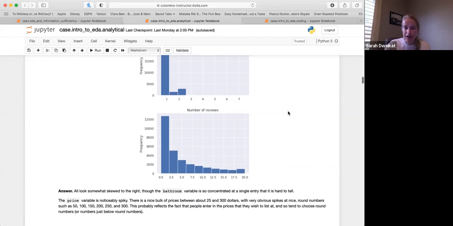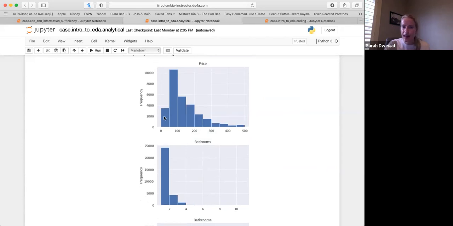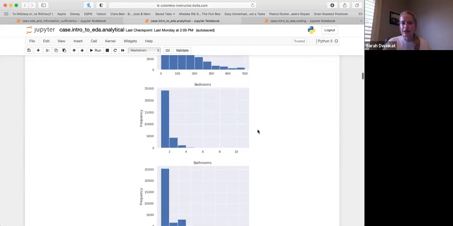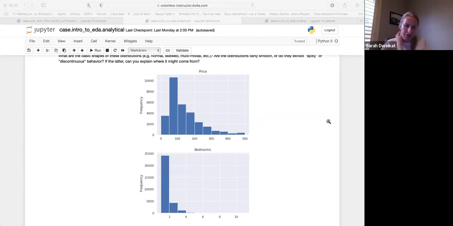So, one of the answers here says that price is a bit spiky. So you can kind of see that there's this spike here. It's not a clean one, but I would still say this is right skewed. But let's say, can we think of a reason why price might look like this? Like, why does it have this little bit of spikiness here? And hopefully this is pretty straightforward.